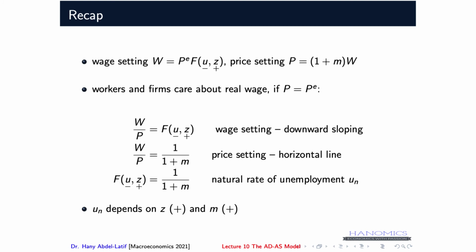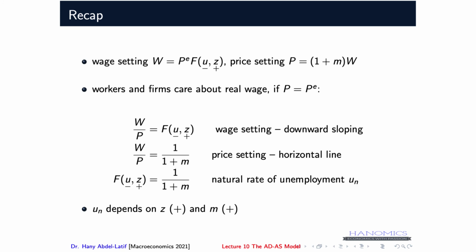In bad times, when the unemployment rate is high, you don't have much bargaining power. It's very difficult to find a job anyway, and if you're already working, it's very difficult to find a job if you quit your job. So the idea here is that there's a negative relationship between the unemployment rate and the nominal wage. And we also combined all other factors that may affect the nominal wage into one catch-all factor,